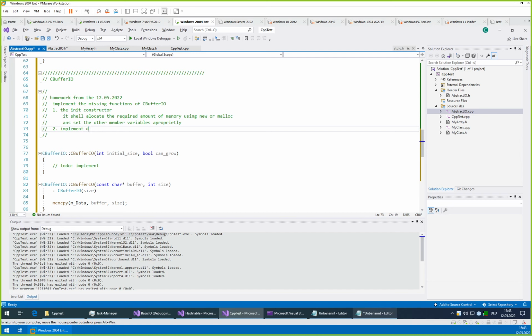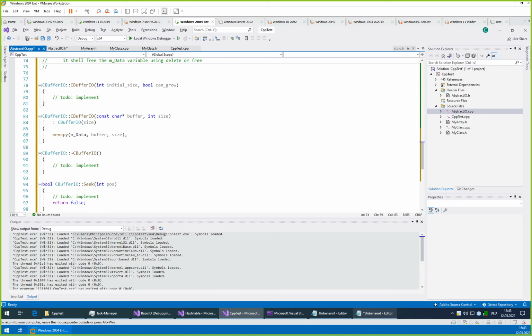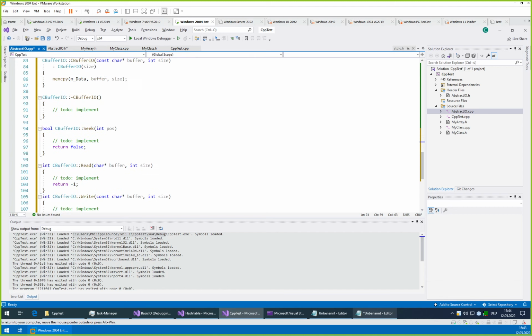Implement the destructor. You can pick whether you want to use delete or free, it's up to you. Since it's a basic type, it doesn't really make a major difference. Then we need seek, read, and write.